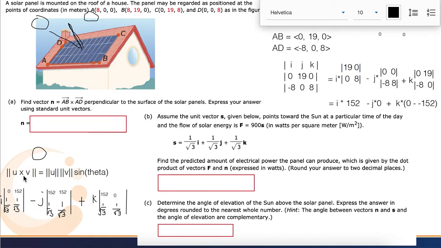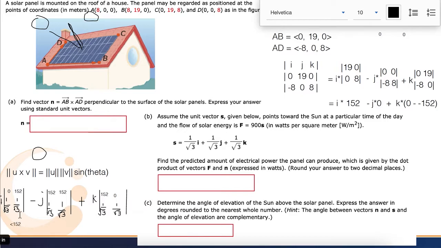The cross product of u and v, actually in this case N and S, would be this. So this is the cross product calculation. And then once you have that, you need the magnitude. Magnitude's nice and quick. It's just each component being squared, and then you take the square root. Like this first one is